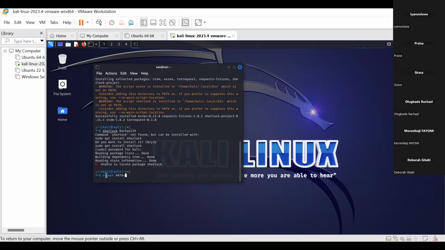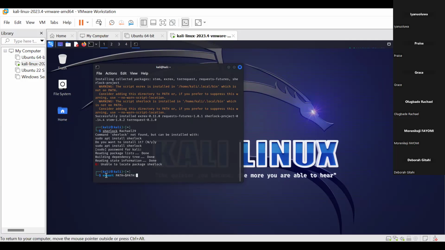That should be shift 4. Then type that part again, capital letters still. Then a colon.